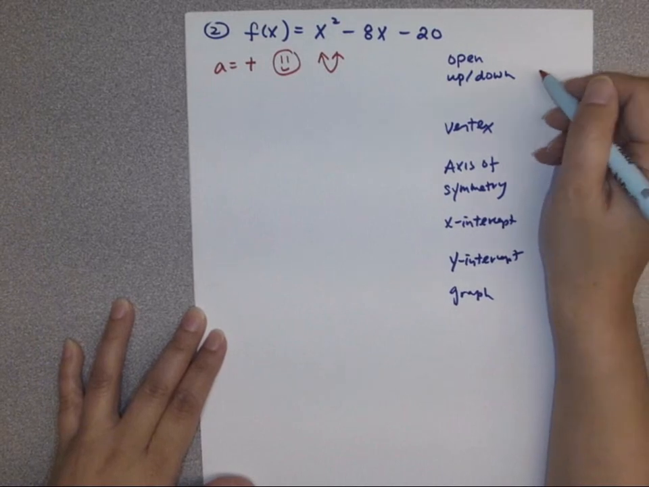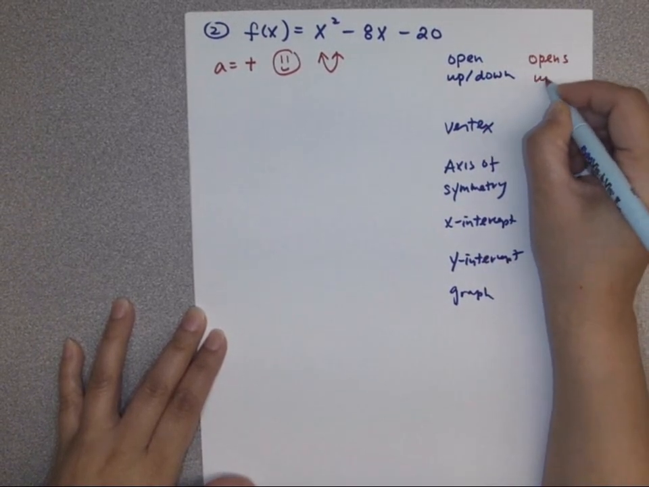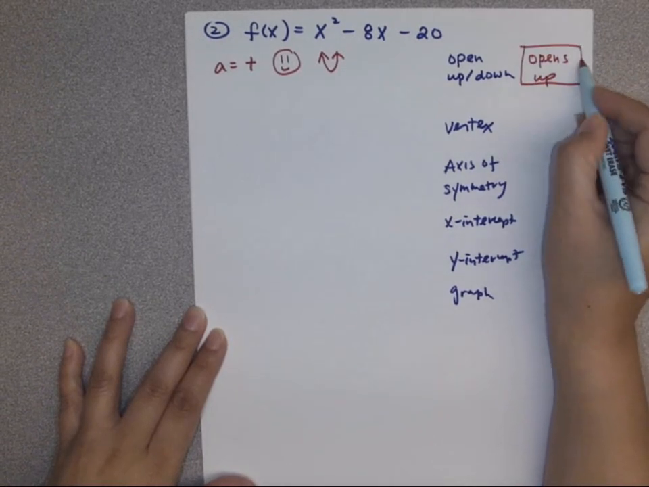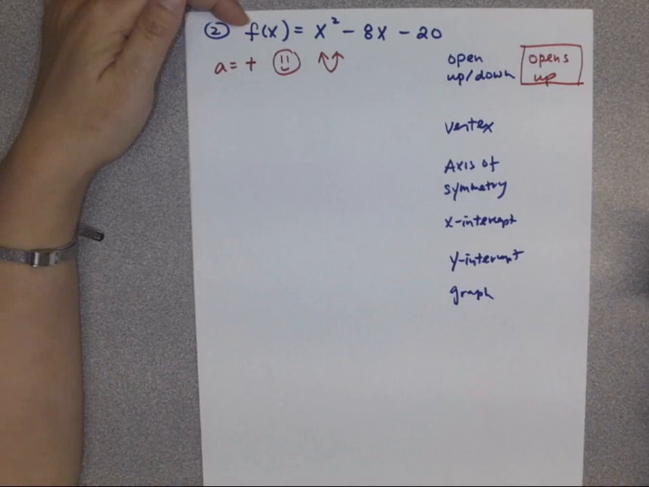Open up. I say it wrong. Opens up like a smiley face. Okay, after that we need to find the vertex, and this one looks like it's a general